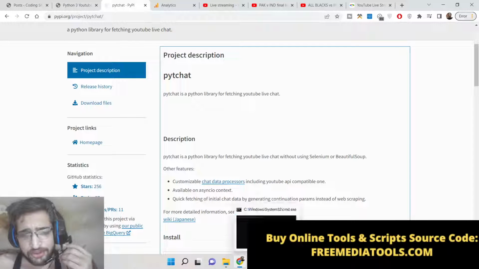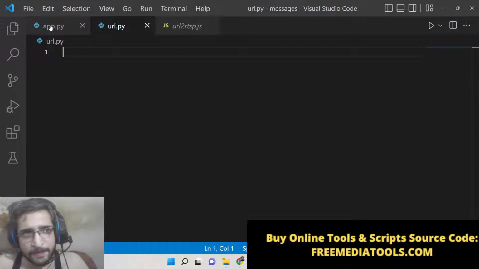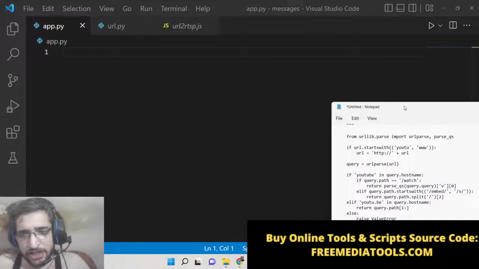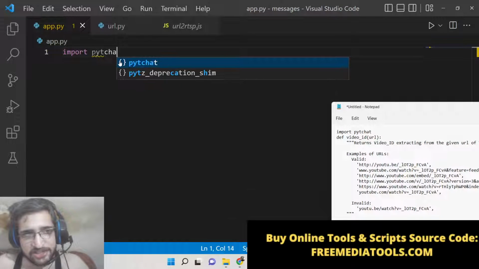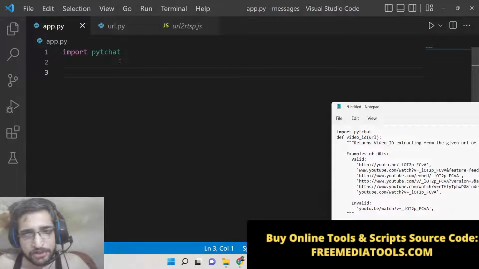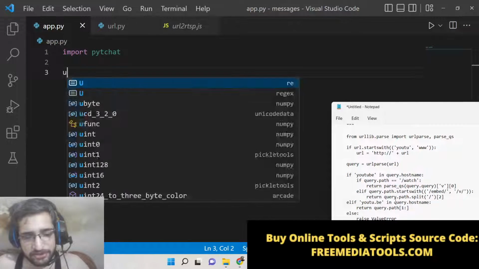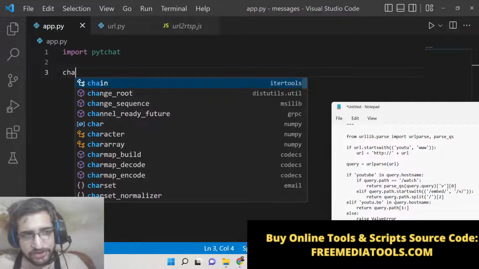Now just open your command line and text editor, guys. Now we will write this. First of all, we need to import this module, which is PyTChat. After you import this, in order to get the messages, we can first hard code it. So to get the messages, chat is equal to